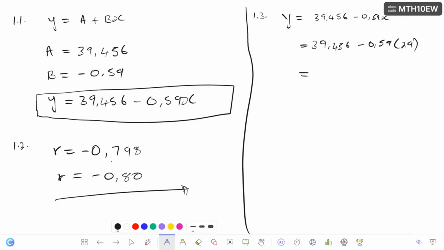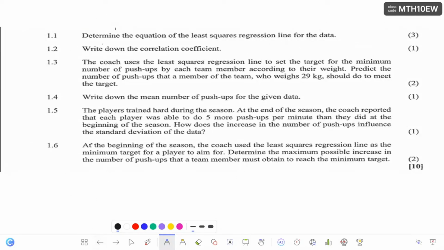So punching this inside the calculator, I'm going to get 9. So the answer that I'm getting is 22.346. So this is the number of push-ups. We can round this to 22. So this is the number of push-ups a person weighing 29 kg can do. So okay, let's go to